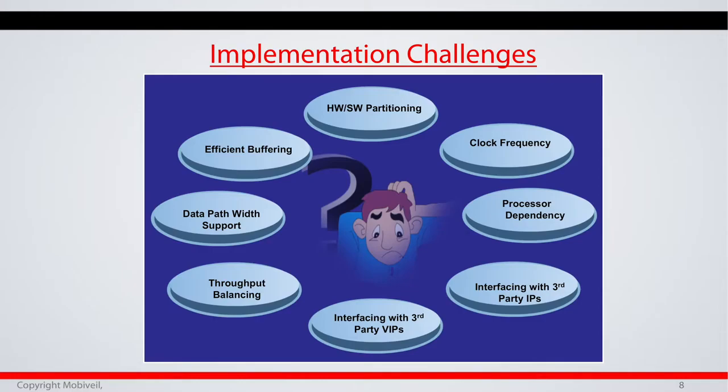Throughput balancing, this is important for some of the applications where you may want to divide your throughput between, say, reads and writes, and whether you want to balance it or not. If you are doing flash, mostly you are more worried about read at a time and then write at a time. But if you are in some applications where you want to balance between reads and writes, how easily you can do that with the IP you have selected.